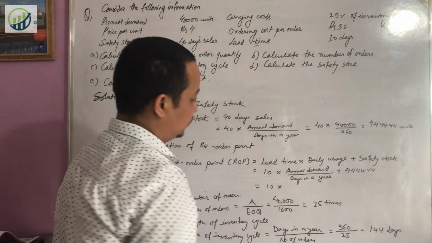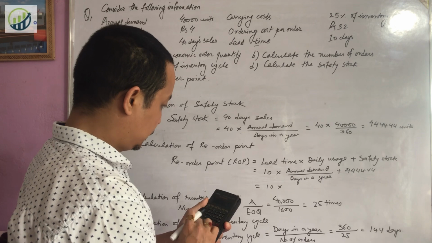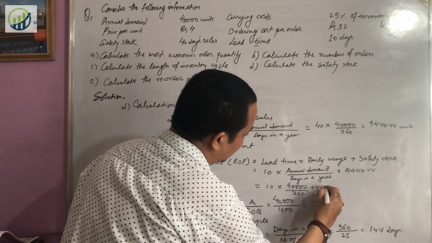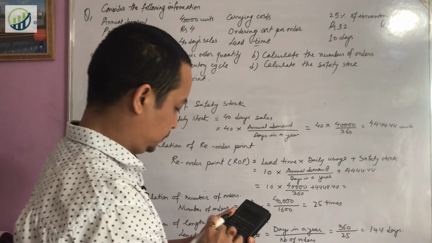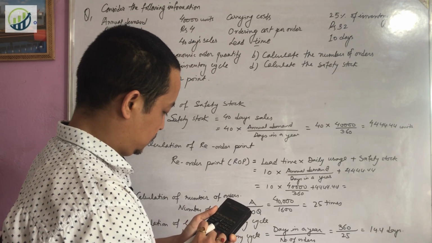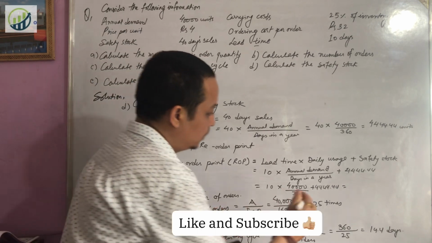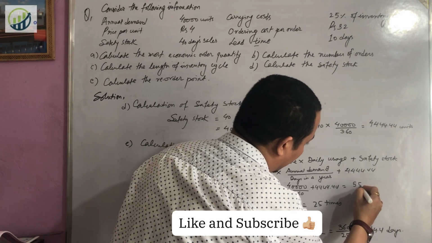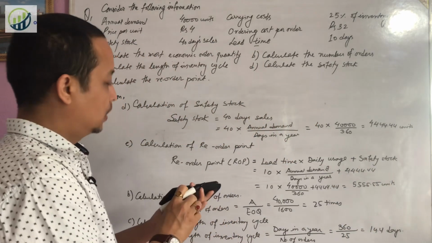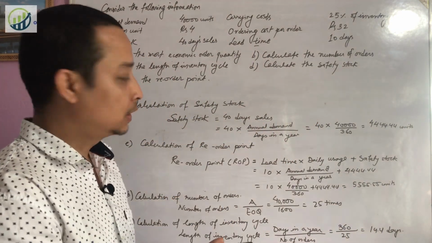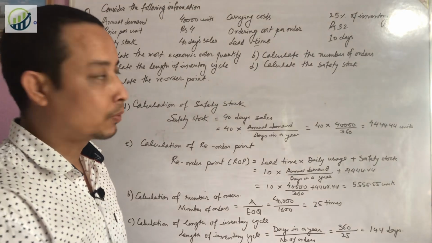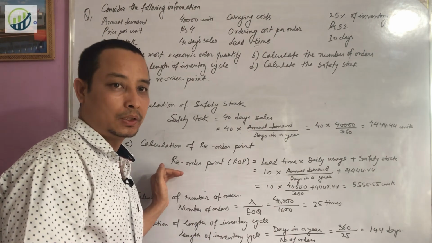Now 10 into 40,000 divided by 360 plus 4,444.44 equal to 5,555.55 units. So the reorder point according to this information is 5555.55 units. So in this way you have to solve the problem related with inventory management. So this much for